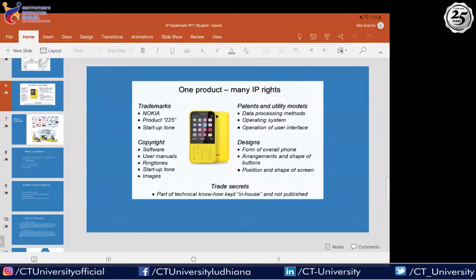Then we have certain, I would say, trade secrets, which doesn't fall into any form of IP. So there is no trade secret law as such, but you can always protect it under your legal compliances. So that would be getting your non-disclosure agreements in place, confidentiality agreements in place, vendor agreements in place.